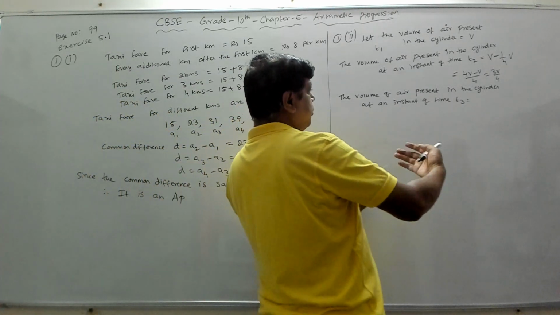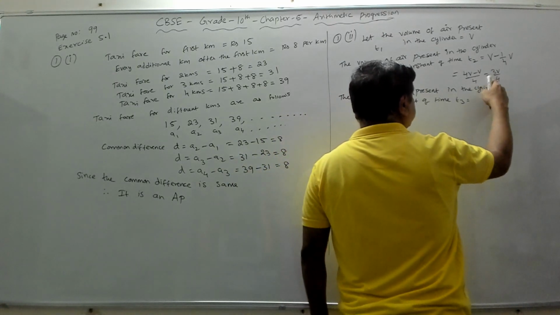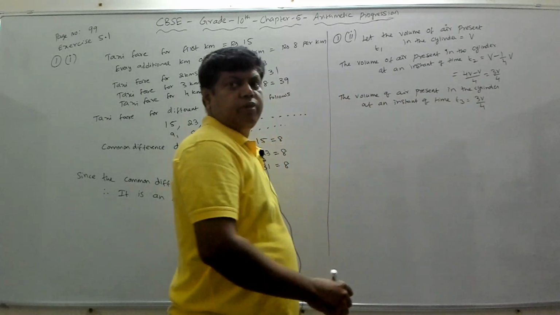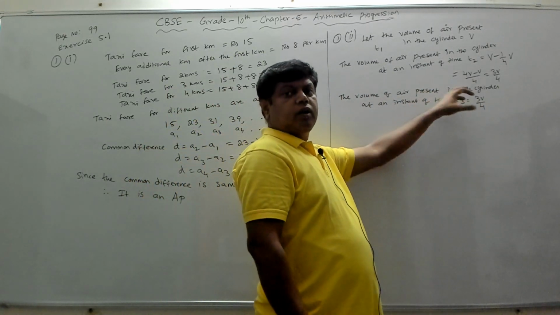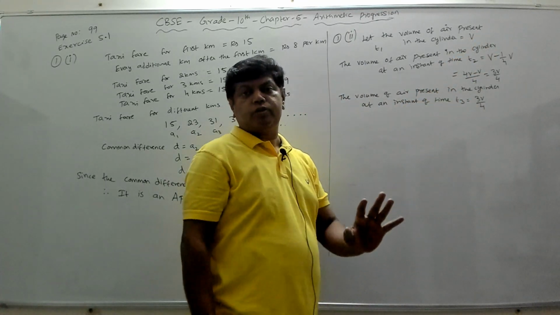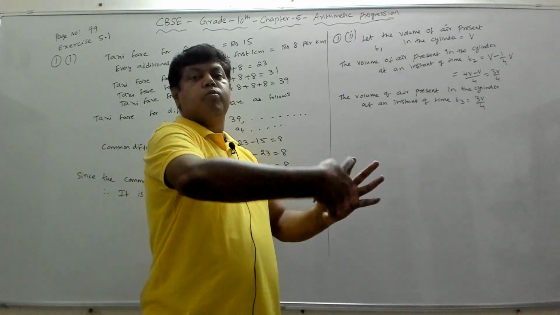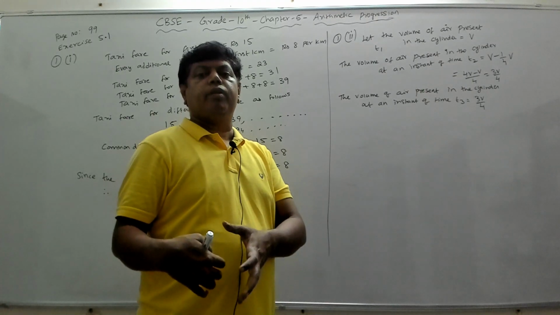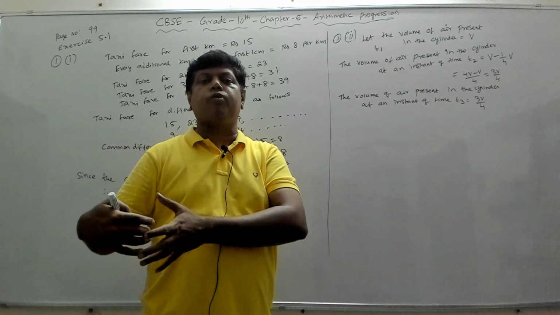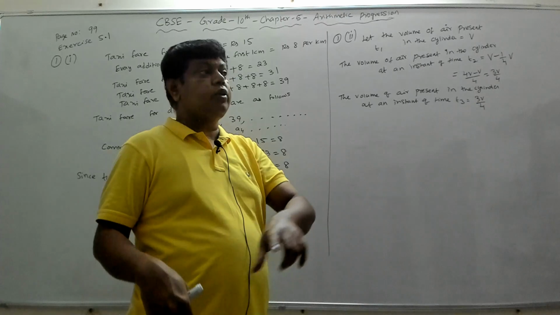Right, after T2, the next interval of time is T3. That will be equal to the original volume that was present at the time T2, which is 3V by 4. This was the volume of air that was present. From this, it will remove 1 by 4, not from the original volume. So whatever amount of air was present at that point in time, it removes 1 by 4 for the next time. Again it continues. From that, it removes again 1 by 4 of the volume. Again 1 by 4 from the current volume, not the original volume.